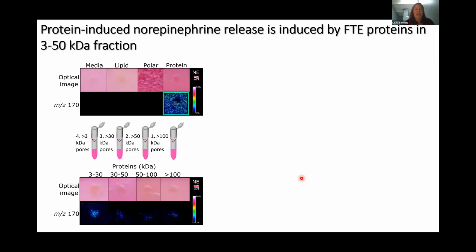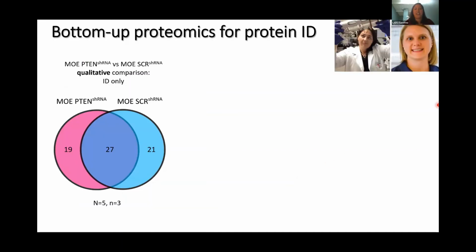So the next thing we did was actually to now do an actual bottom-up proteomics experiment. So we called our good friend Stephanie Colonna and her student at the time, Melissa Pergandy, over in the chemistry department, and Catherine was able to go over there to learn how to do some bottom-up proteomics to see if we could identify this. So we're going to use our same cell lines, the MoP10 with the scrambled mutation compared to the Mo scrambled. And we took these fractions that had come out of the spin column. So they were already refined. We're not doing the whole lysate or anything like that,